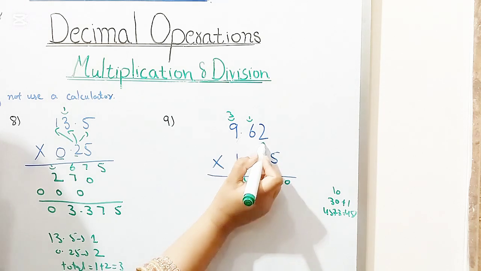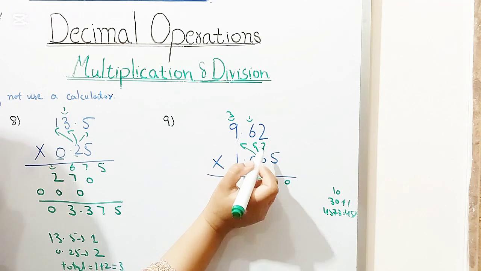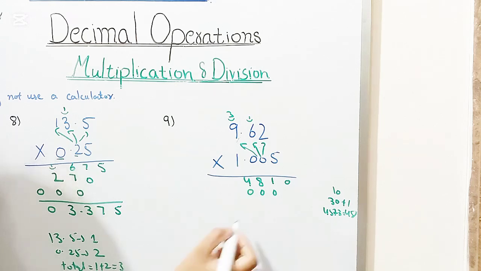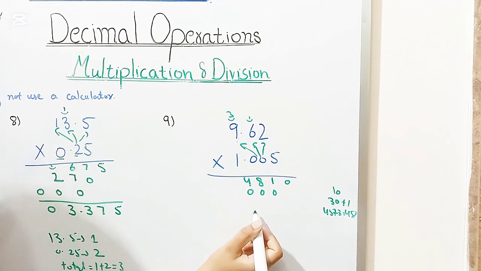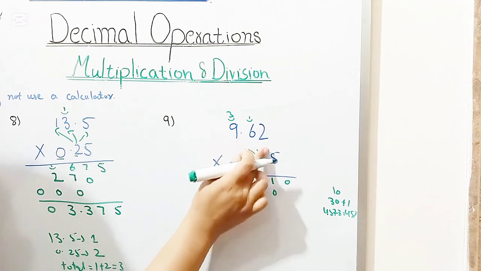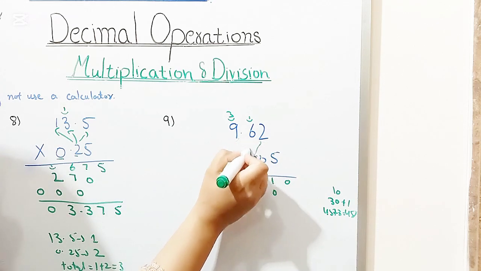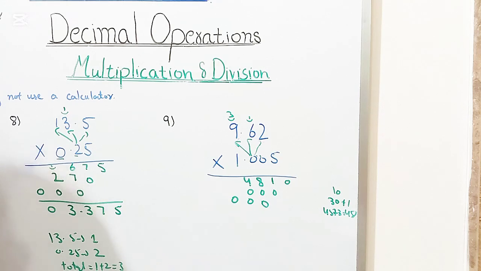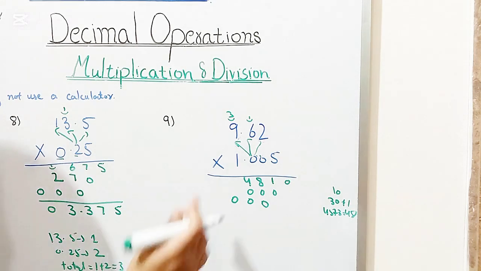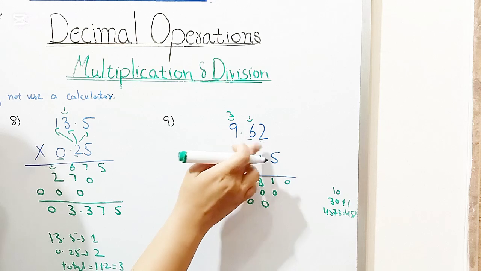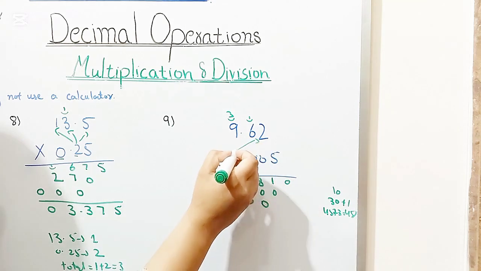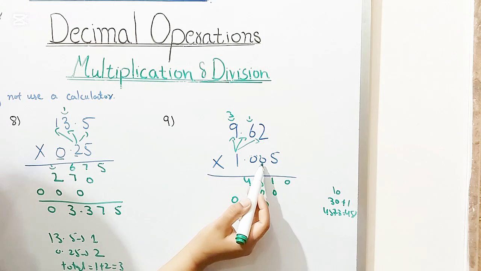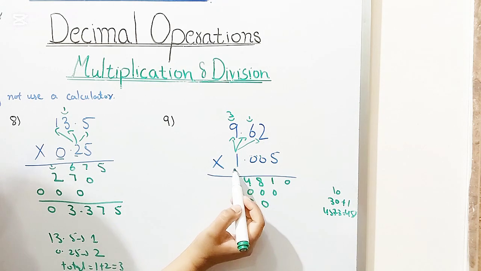Then I will multiply 0 to the 3 values: 2 0 0, 6 0 0, 9 0 0. Next again 0. Then I will wipe it. Then again I will multiply 0 to the 3 values: 2 0 0, 6 0 0, 9 0 0. Then 1. Then I will multiply 1 to all 3 values.